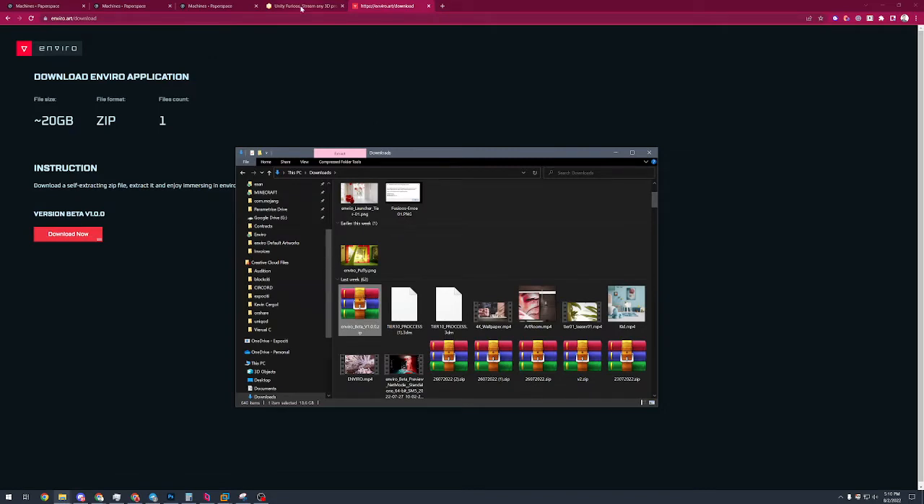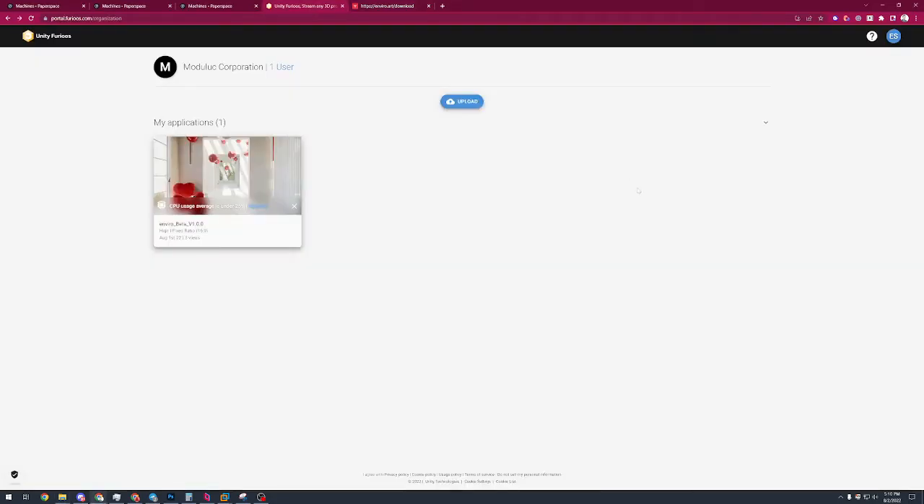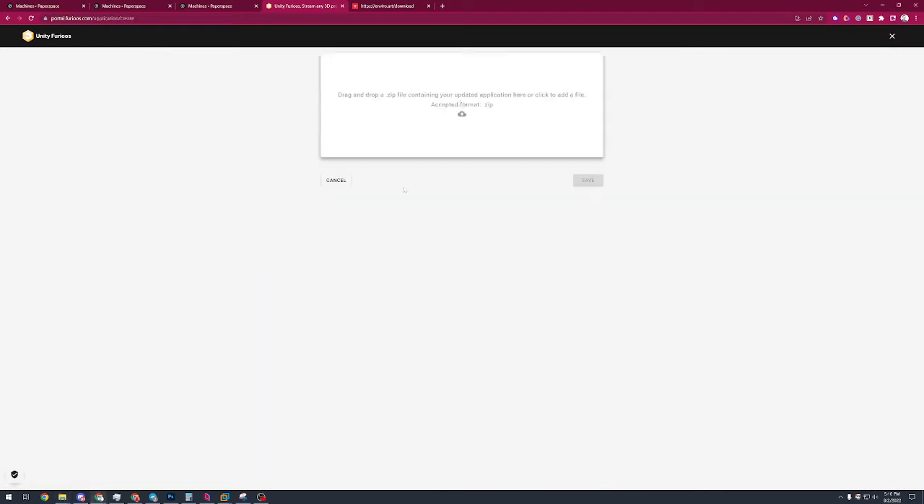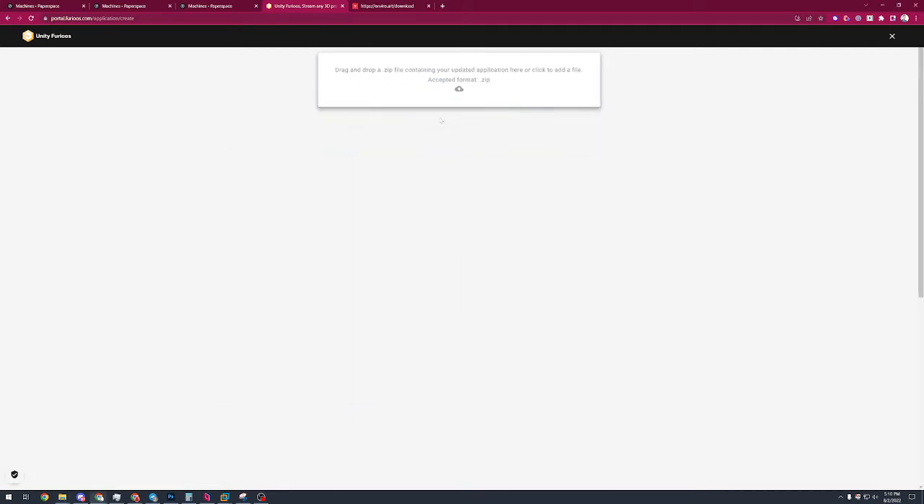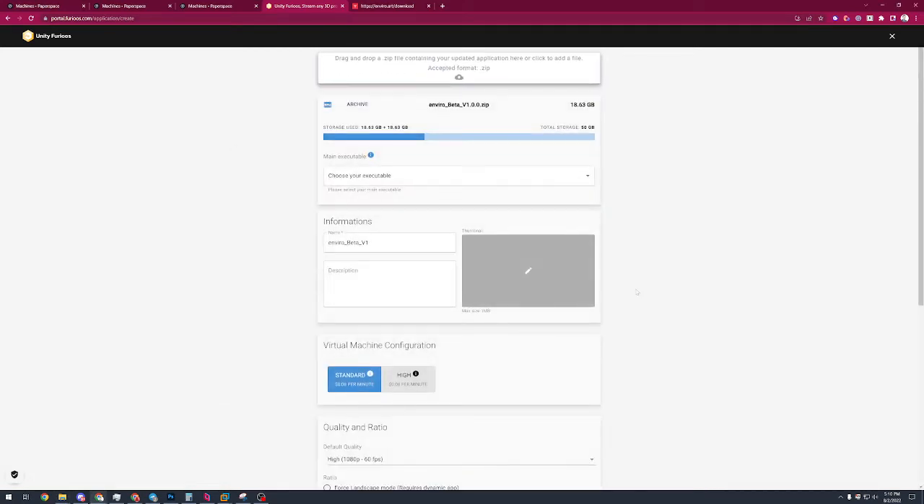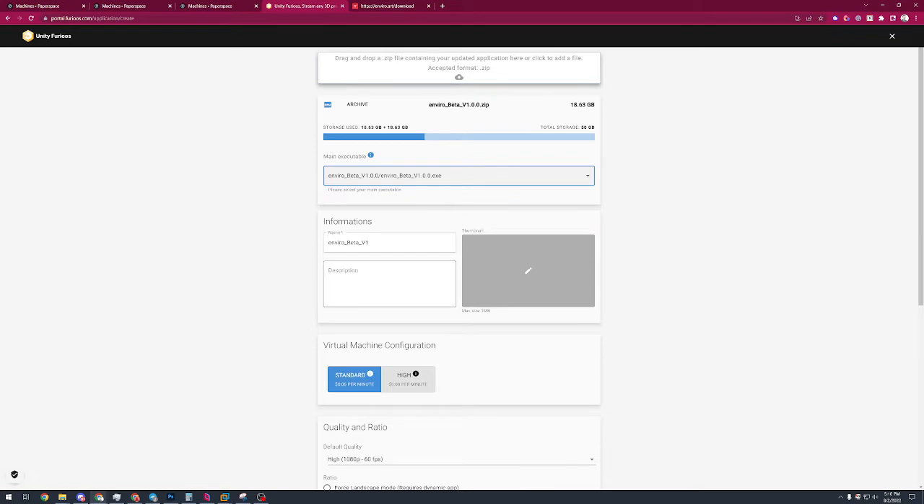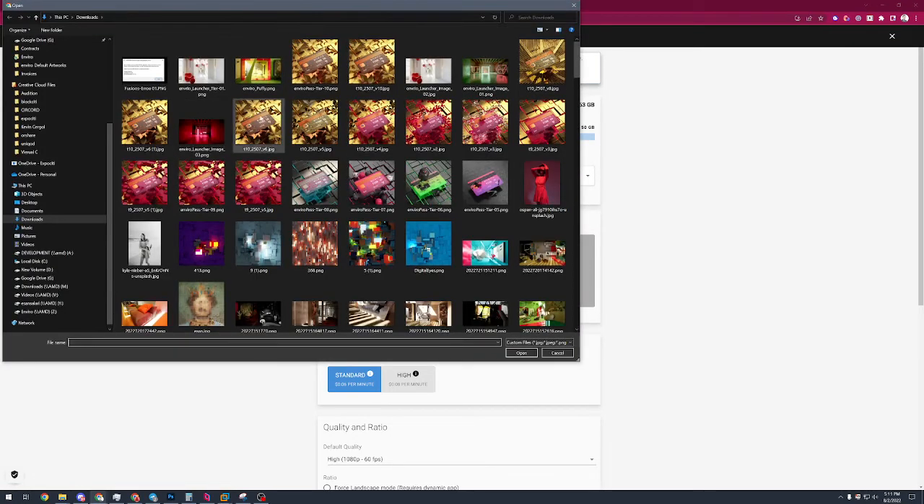And all you have to do in Furious, you create an account, you enter your credit card number, and you just drag and drop this and upload it there. And I'm going to just show that to you. Then it detects the zip file pretty quick, which is amazing. It asks you what is the executable file within that folder, and we know that it's Enviro Beta v100. We choose that one. You can put a friendly name for it. You can add a